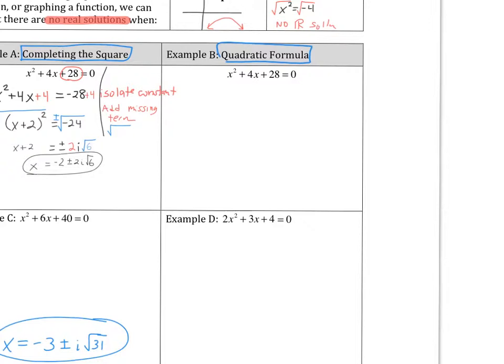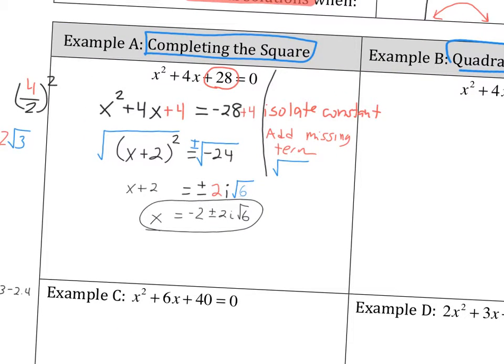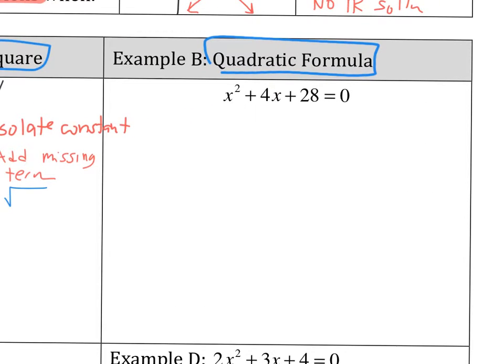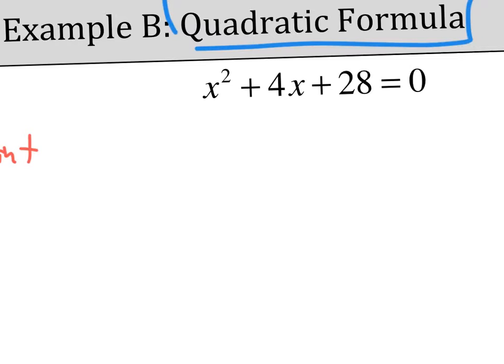But our next part here, it turns out that completing the square is much simpler to do, but we're just going to show you that there is an alternative way to work here, and we're going to do the quadratic formula. The quadratic formula, again, is x equals negative b plus or minus radical b squared minus